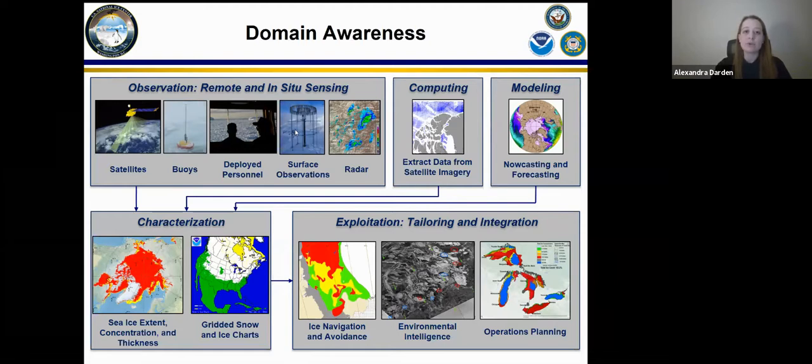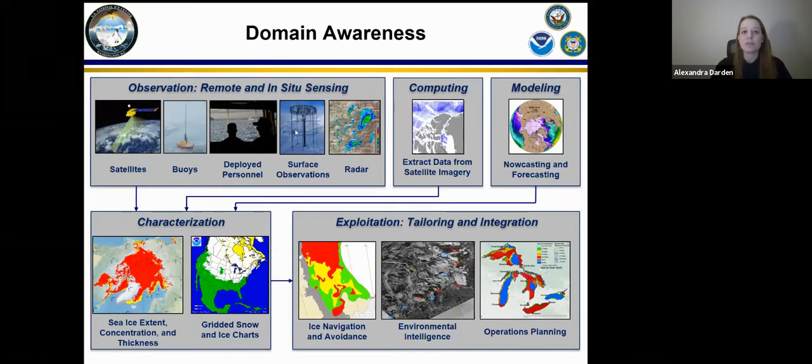Our greatest resource is foremost our access to satellite imagery. Although we use a variety of satellite products, both domestic and foreign, active and passive, we rely heavily on synthetic aperture radar imagery due to its ability to penetrate clouds and provide reliable, high-resolution images day or night. We also rely upon in situ information provided by either buoys or from analysts that we routinely deploy aboard ships operating in the sea ice. And finally, especially for a characterization of snow cover, we use a variety of surface observations, for example, weather stations and webcams, and also weather radar.